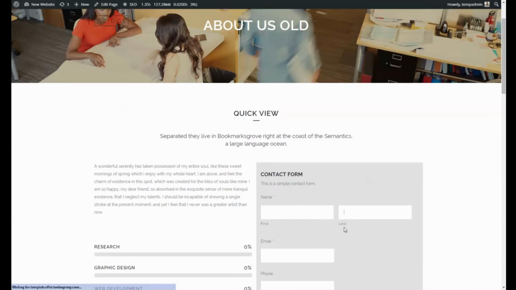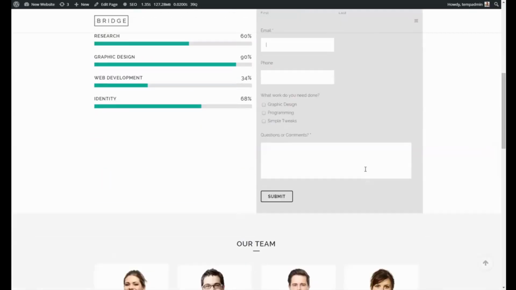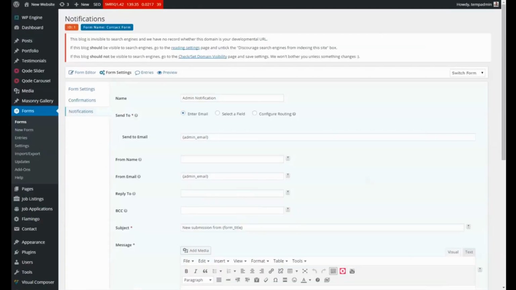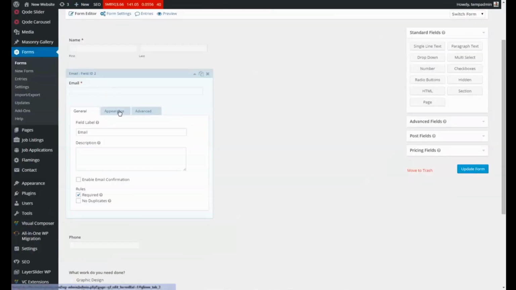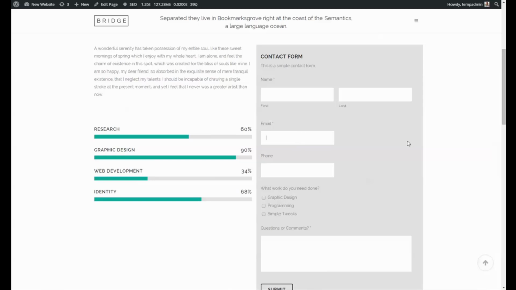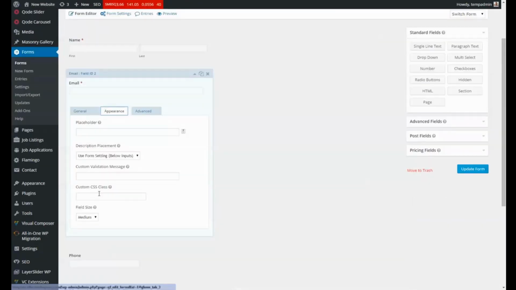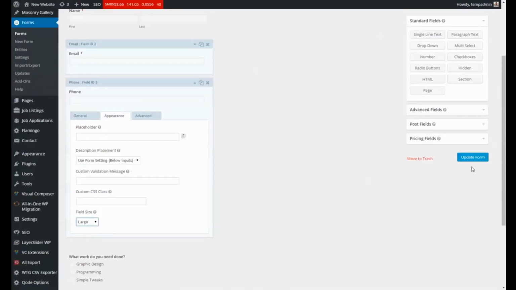And each of these fields can also be edited with CSS, so that is also an option. And these can also be stretched out. See how it's half the screen, half the area, and we want that to be stretched out, that is also within the form. So if we go back to our form editor, and we'll find the email and the phone fields, go to email, and it's this appearance tab, and right now it's the medium size. Now if you did small size, it would probably shrink it down to about 1/3 of the width of the entire area. So we want it to be large. We'll do large on that one. Go to phone, appearance, we'll do that large, update the form,